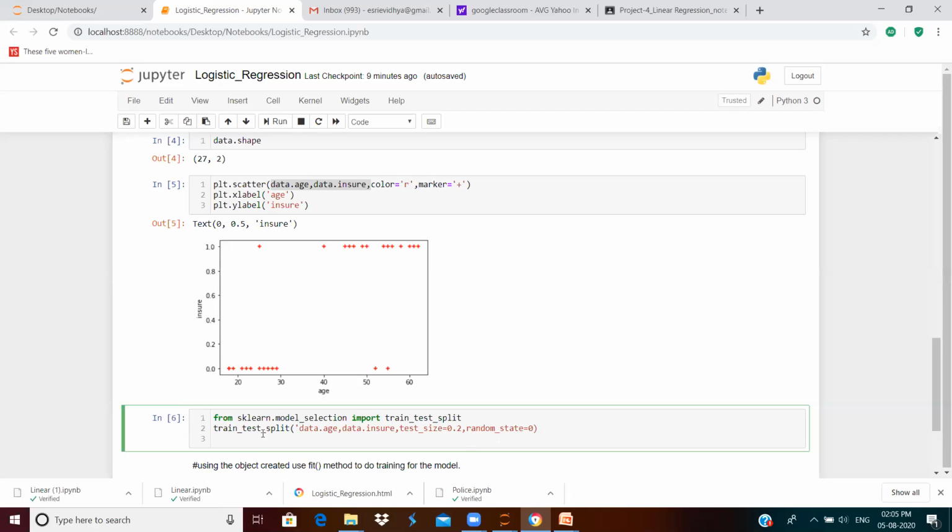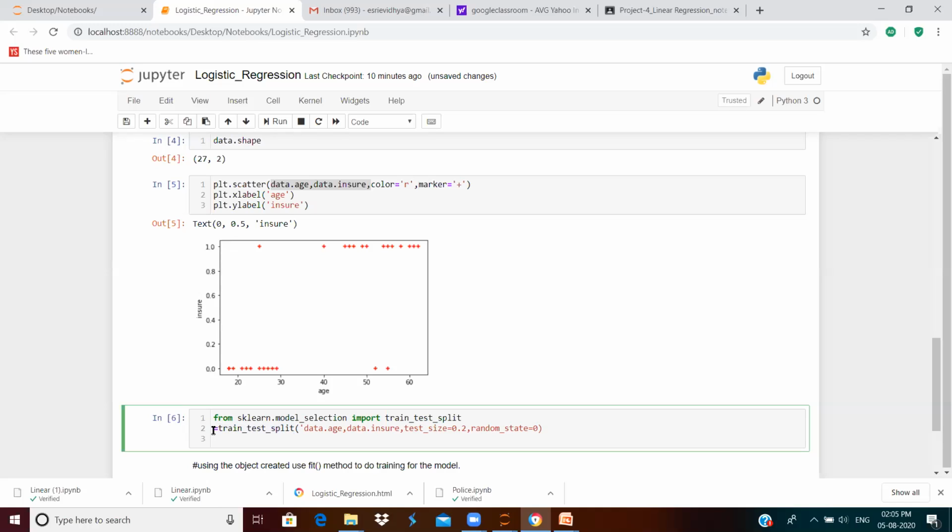So now we have made a call for this method. We have utilized the train_test_split method, and what this method will return is just the training data set and test data set. So now we will have to capture the returned values, that is, the training data set and test data set returned by this function.